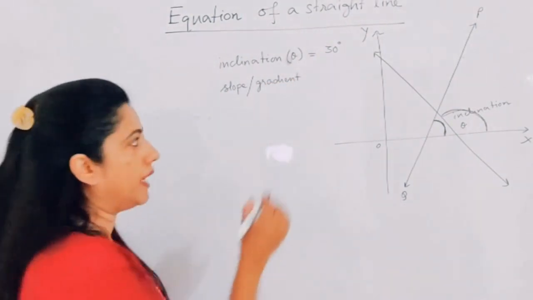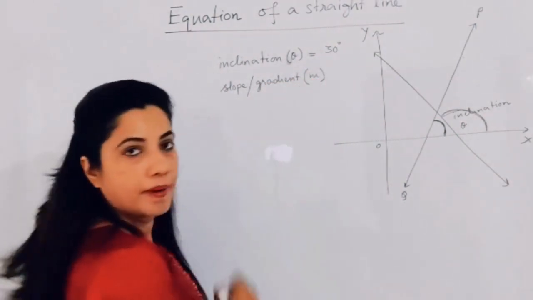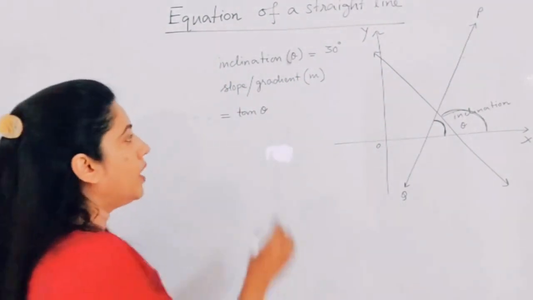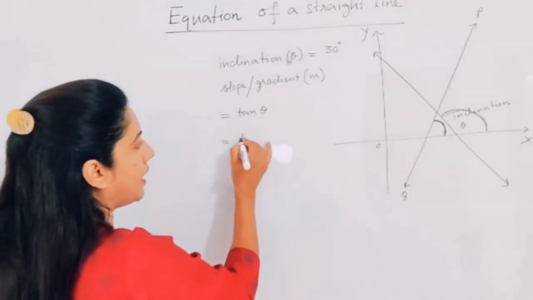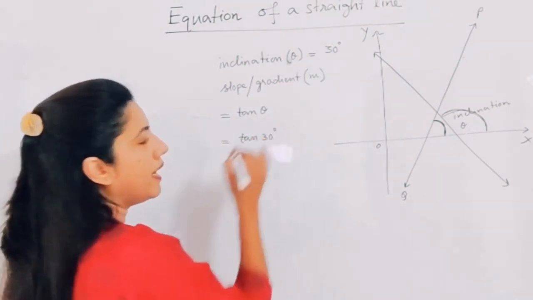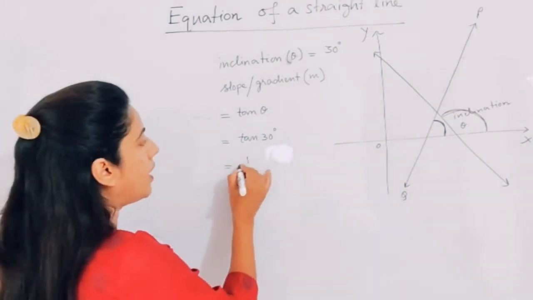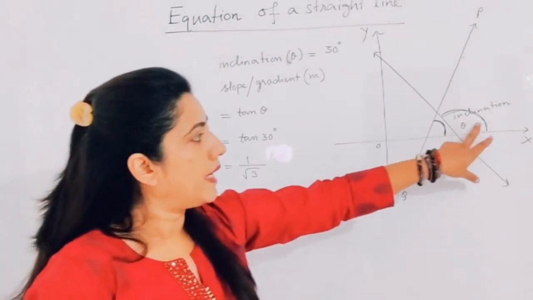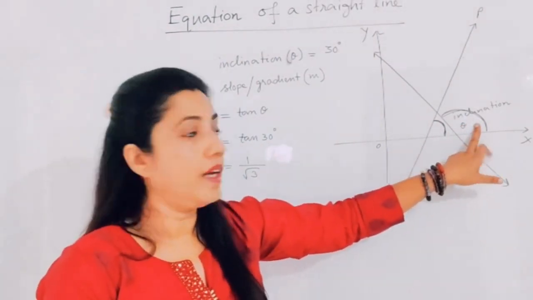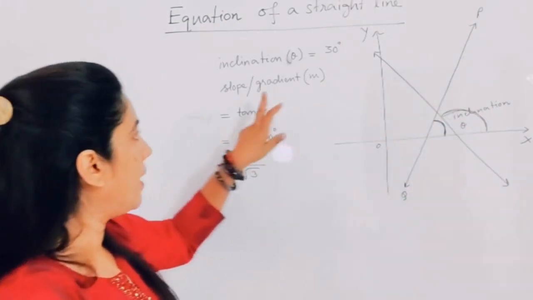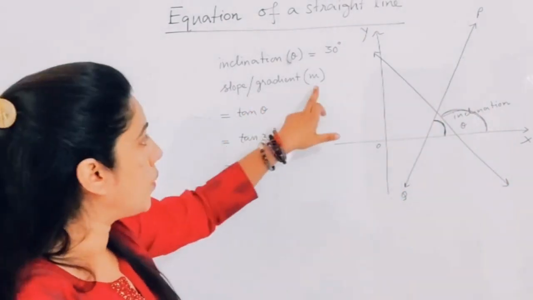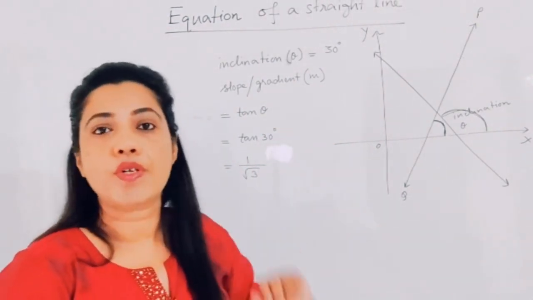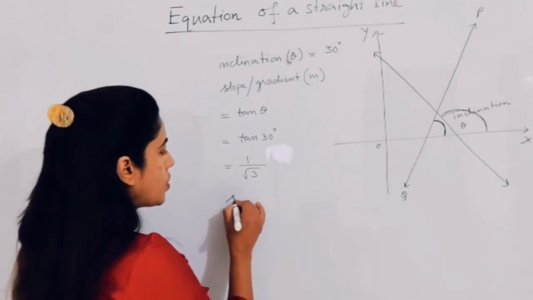What is the slope or gradient? Slope or gradient, which is denoted by m, is equal to tan theta. So in this case, if theta is 30 degrees, we will write tan 30 degrees, and the value of tan 30 is 1 upon root 3. So here we have seen that if the inclination of the line, denoted by theta, is given to us, we can find out the slope or gradient of the line, denoted by m, and if we know the slope of the line, we can find out the equation of the line by